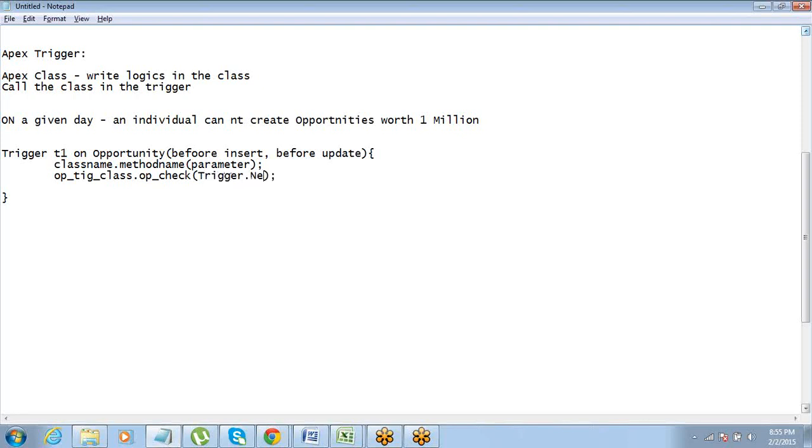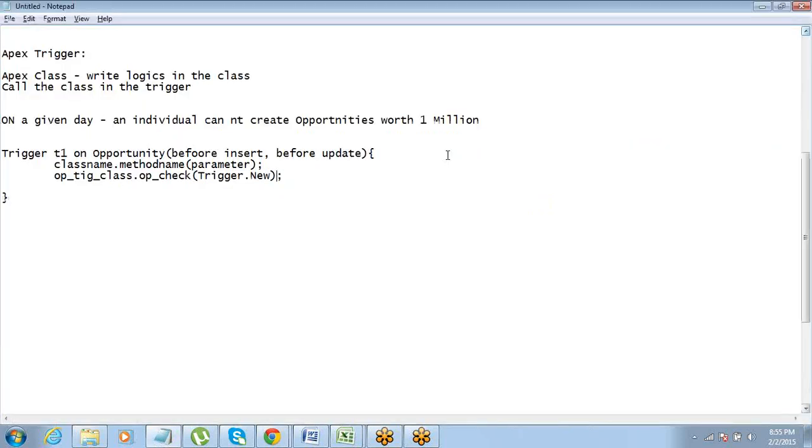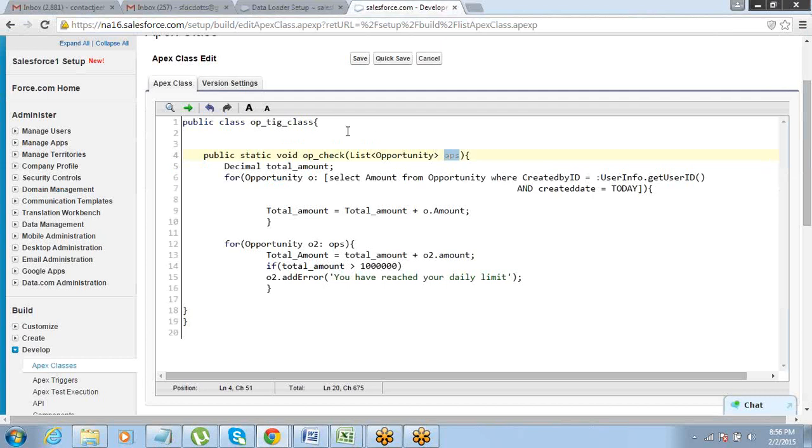Trigger.new. Instead of OPS, it will be trigger.new. So OPS becomes the trigger.new which supplies the value to OPS. That's it. This is a list of opportunities which has been supplied. So this is what you just have to do on the opportunity trigger. All the rest of the logic is written inside this method itself.